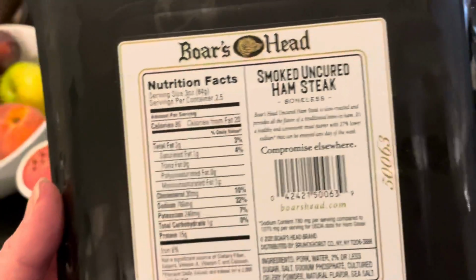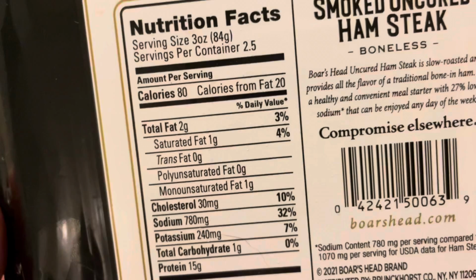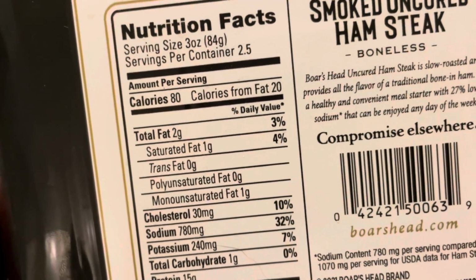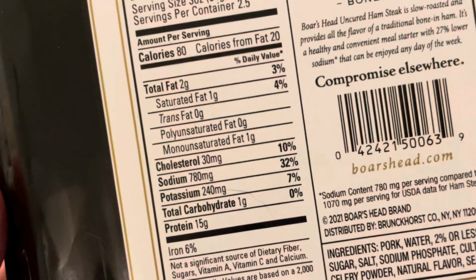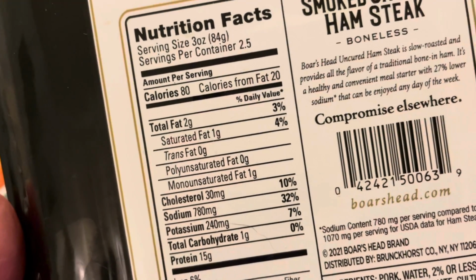One thing about this ham, it's pretty low in fat. It's 2 grams of fat for 3 ounces, and you get 2.5 to 3. I'll probably stretch it to 3 servings because I'm gonna make 3 containers of beans. So not too bad. And I'm doing kind of low fat right now at the advice of my doctor and